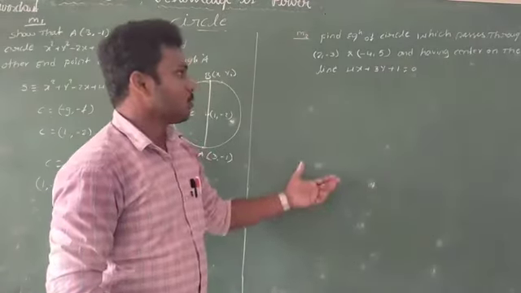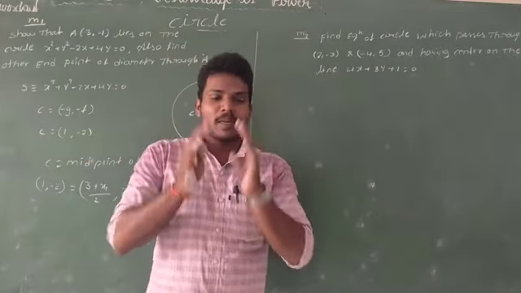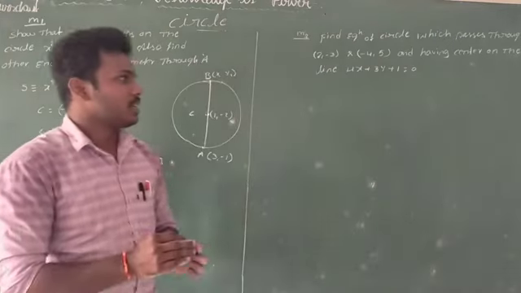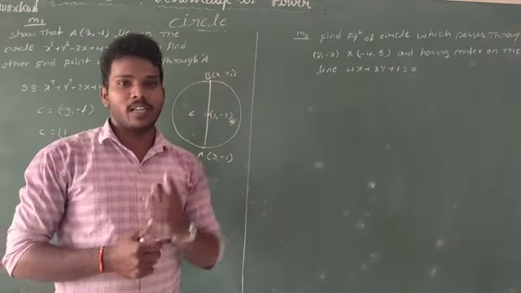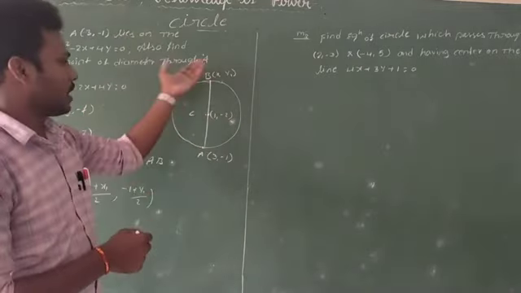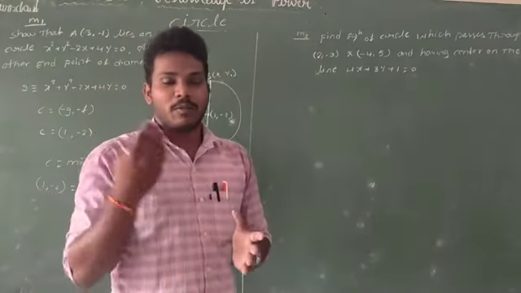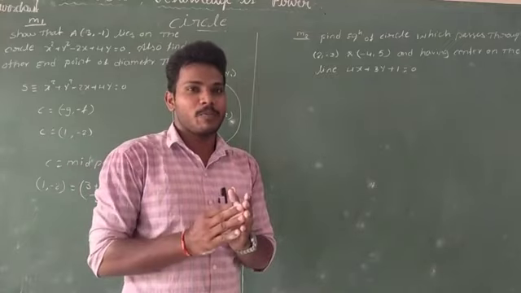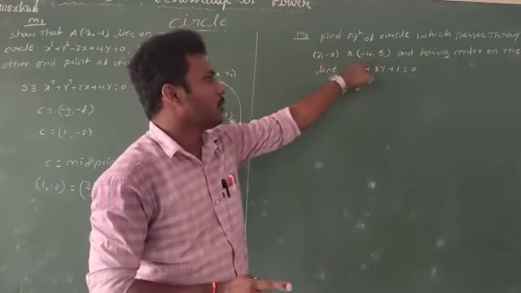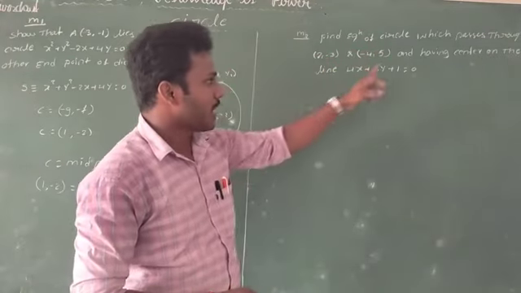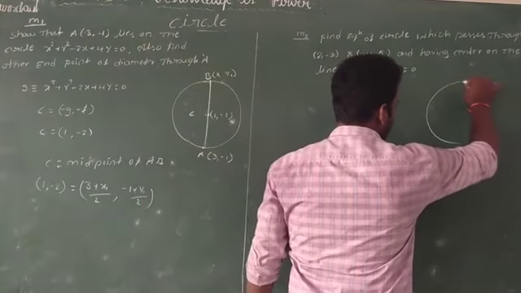Now second model, model 2. First of all, what is the question here? We need to draw the diagram first. We have to understand the question and draw it diagrammatically. Definitely we can get some idea. When you draw the diagram, it gives some idea of what to do, what the process is, which formula or which method is suitable. So look here: find the equation of the circle which is passing through these 2 points and having its center on the line. So first of all, I can draw the circle once here.